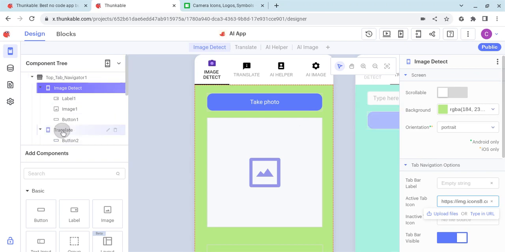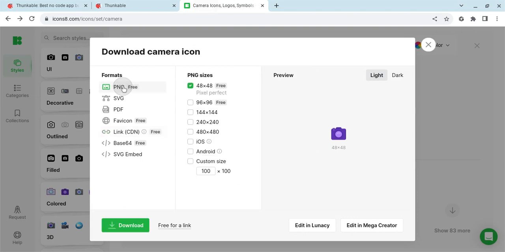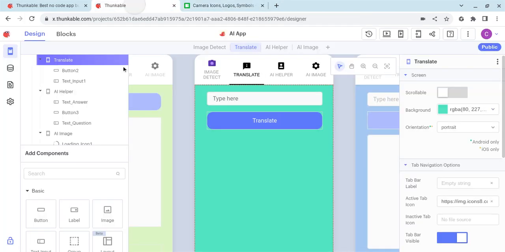And you can do the same. So if you go to translate, this translate icon is another URL that you'll need to replace. And you basically do that for all of those. If you want to add any imagery within this, which is a great idea, that's absolutely fine, you can do that. To do that you would use the PNG free, and you would download, probably go to the 96, download that, and then you can upload into the app in different places in